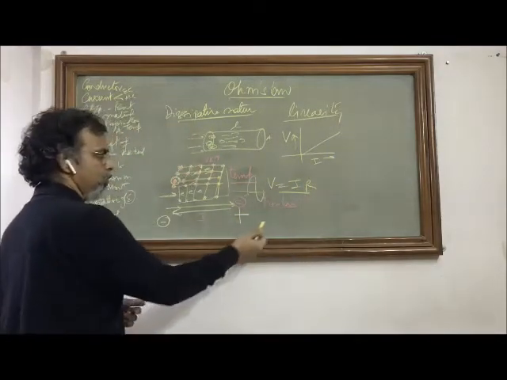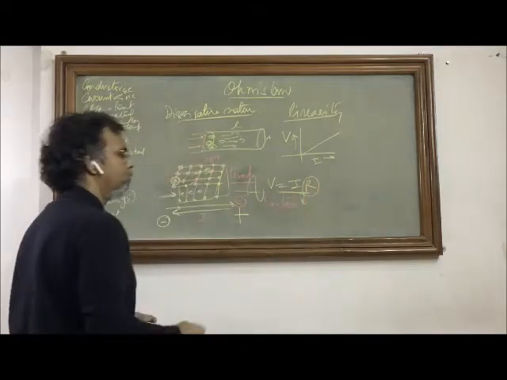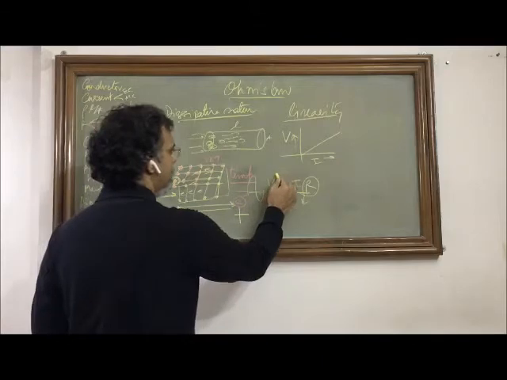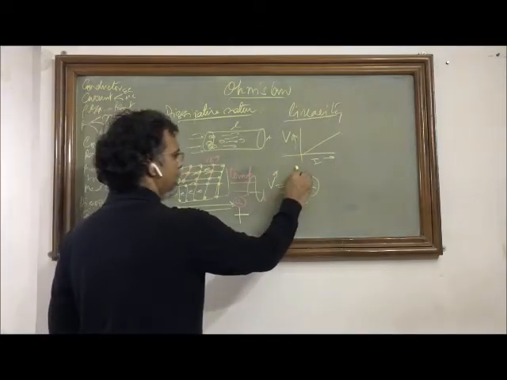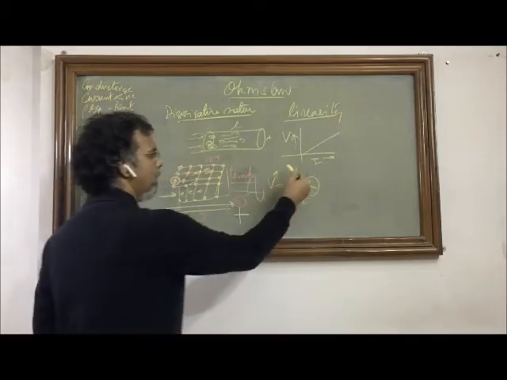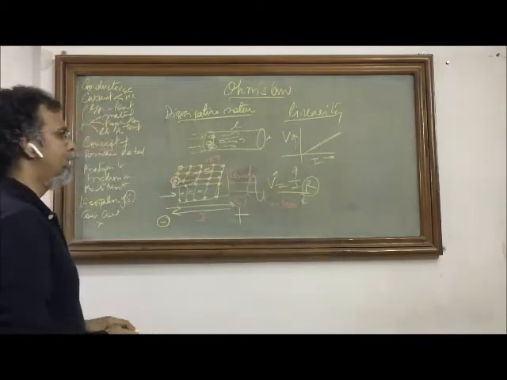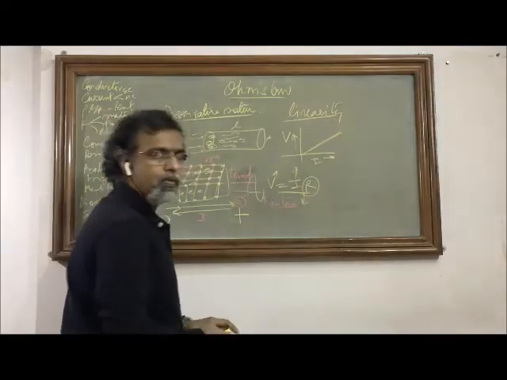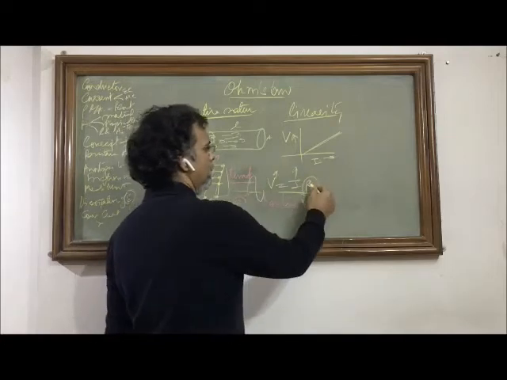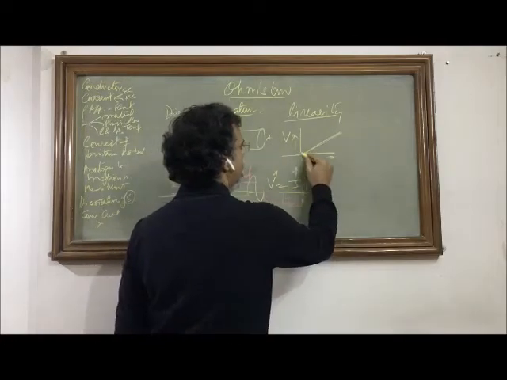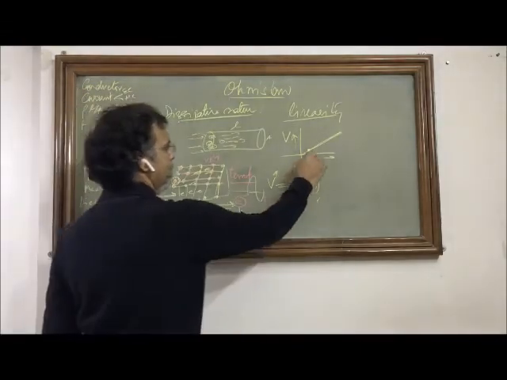One more important concept that we can deduce from our Ohm's law, that is V equals IR, is that we now assume the resistance is going to be constant in a particular circuit. So in such a circuit, if we increase the voltage or the potential difference, the current in that circuit would increase. If we plot a graph, we will find a linear graph, and the slope of that would be the resistance offered in that circuit. Now we know that resistance is constant, so for a linear graph the slope is constant, and that is this value.